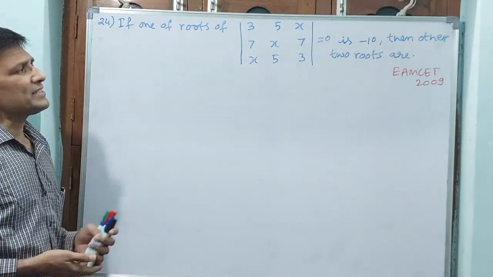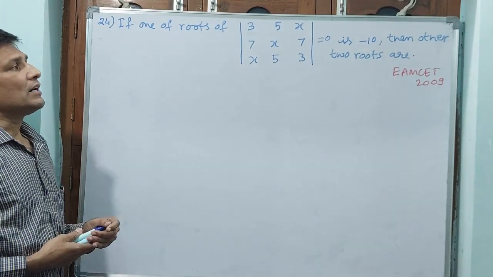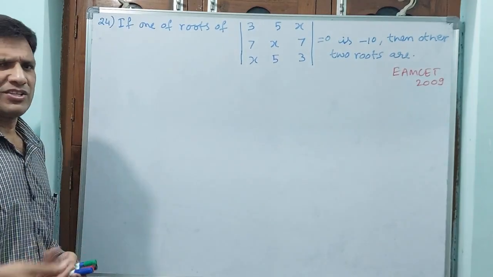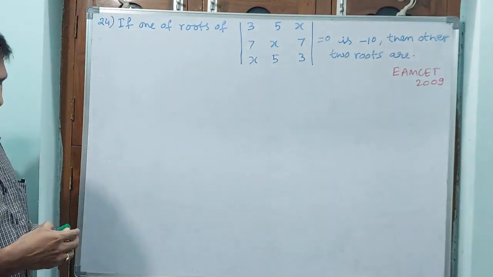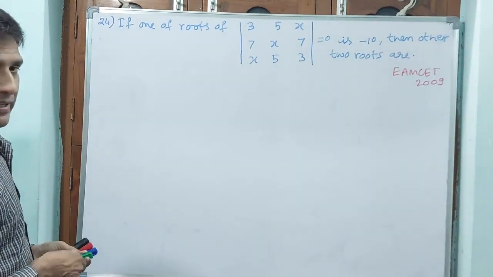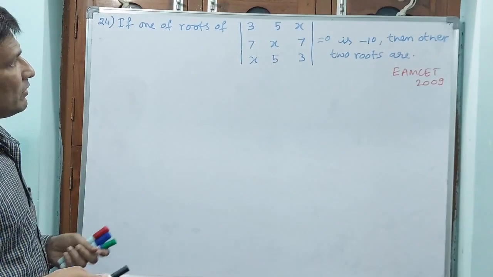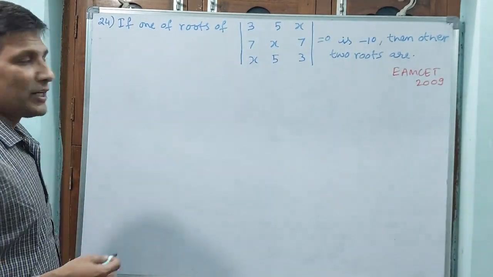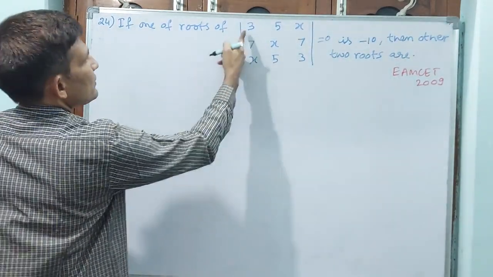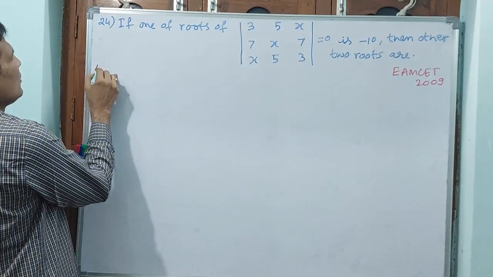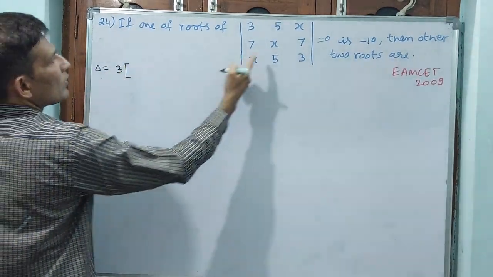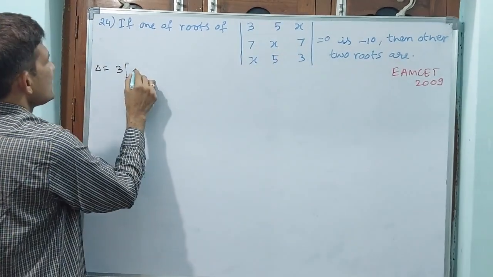Let us find. Why, because this is a combination of determinants and theory of equations, or whatever it may be, a quadratic equation type question. Okay, we have to get all these things. We have to get the knowledge of this also. Okay, let us proceed further then. Find the determinant with the equation. If you equate it to 0, automatically it is going to become an equation. Let us find. You see, delta is equal to 3 into 3x minus 35.